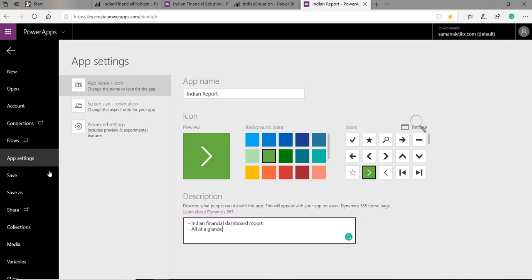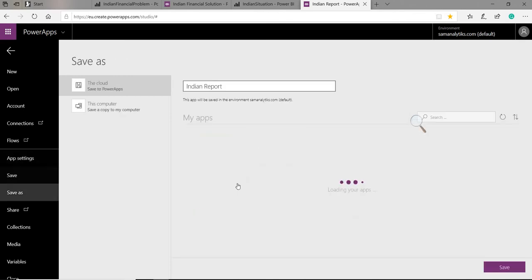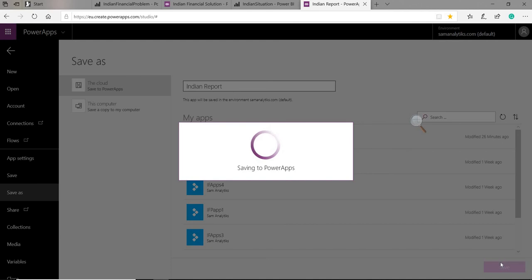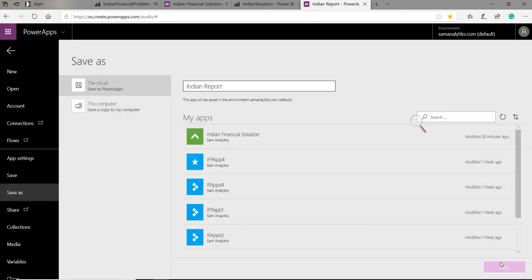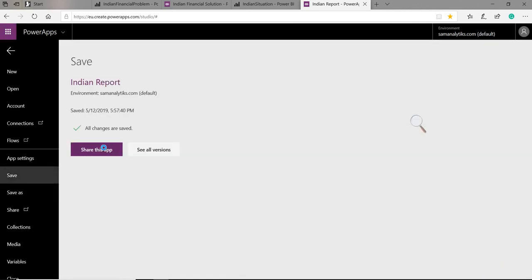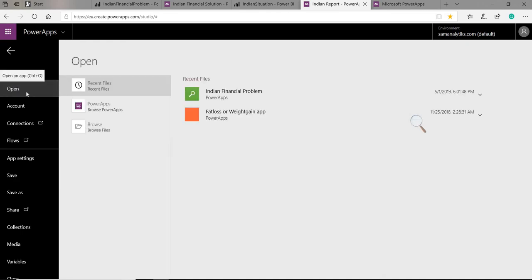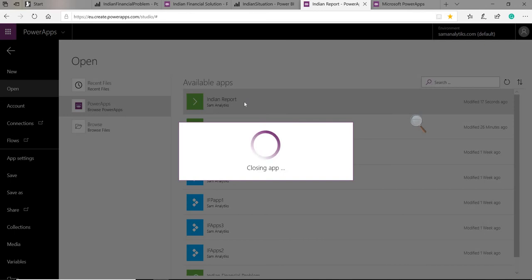So I'll go for save, and once I press save, it is getting saved into the Power Apps. And I want to share this app, so I'll simply use share the app, and it will go to the sharing mode where I can see it. Now, if I want to open this app, I can simply go here and open this Indian